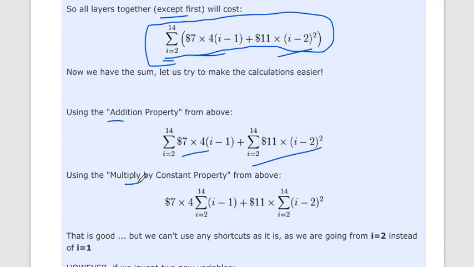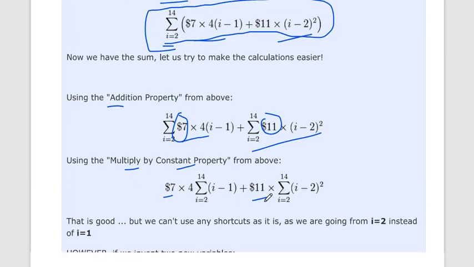Also we apply the second property, the multiplying by constant property. $7 is a constant, $11 is also a constant, so we can take them common. Okay, so now